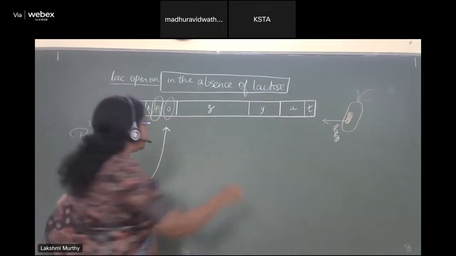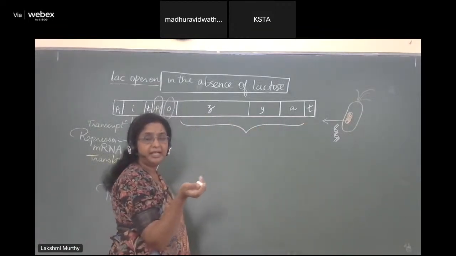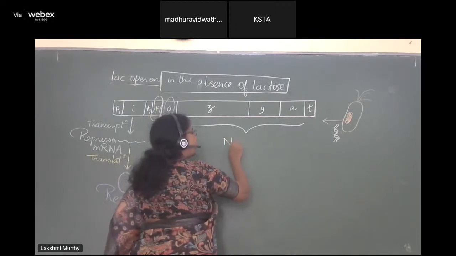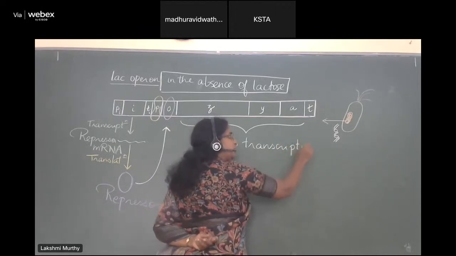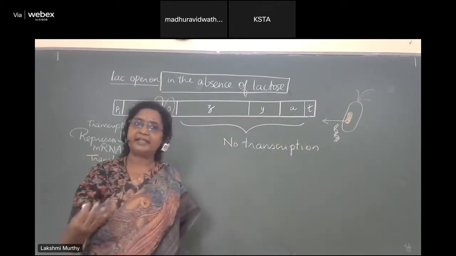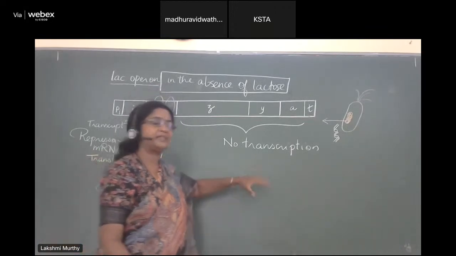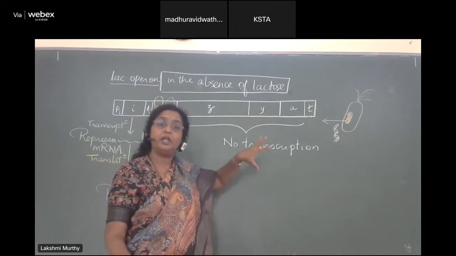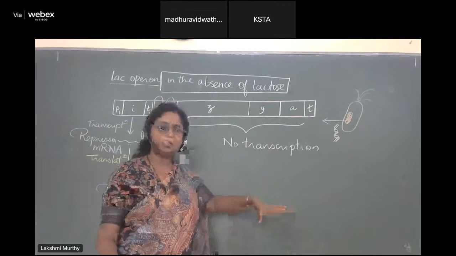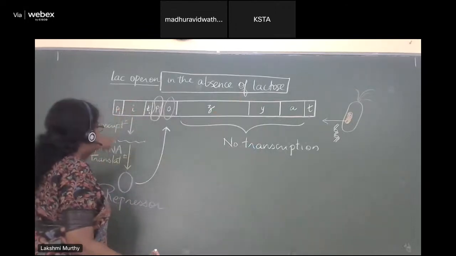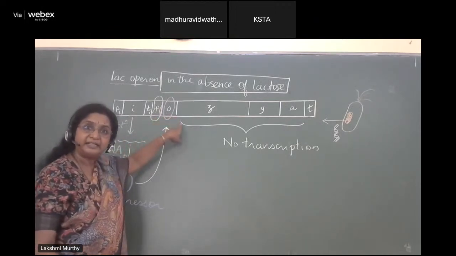As a result, you find that all these three genes, cistrons, for example, will not undergo any transcription. If they do not undergo any transcription, automatically there is no production of enzymes, which is perfectly what we wanted because there is no lactose substrate for these enzymes to work on. You understand that? So in the absence of lactose, the I gene produces the repressor molecule which can read the DNA and bind to the operator region.